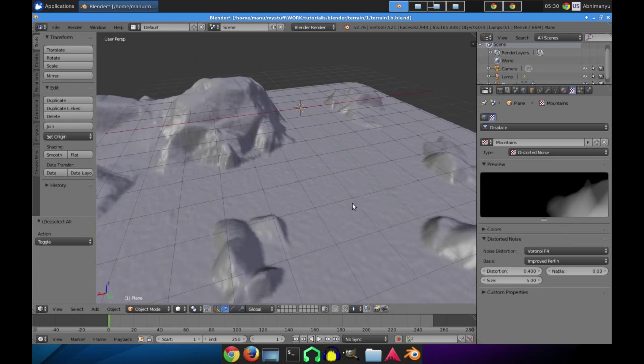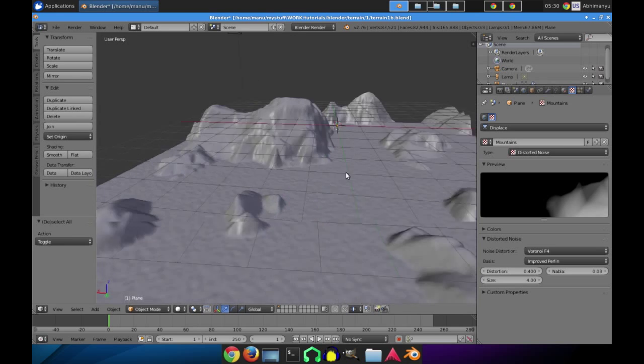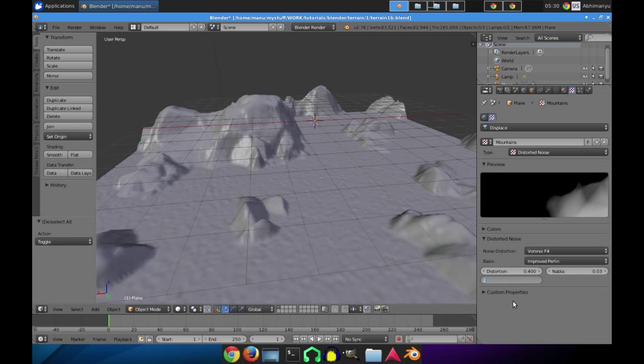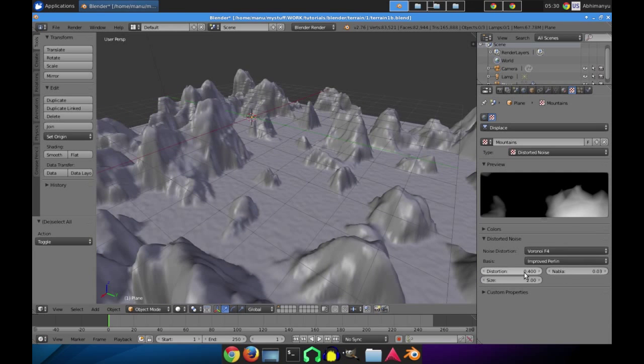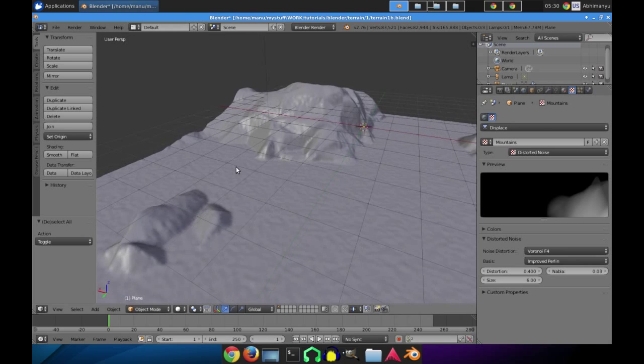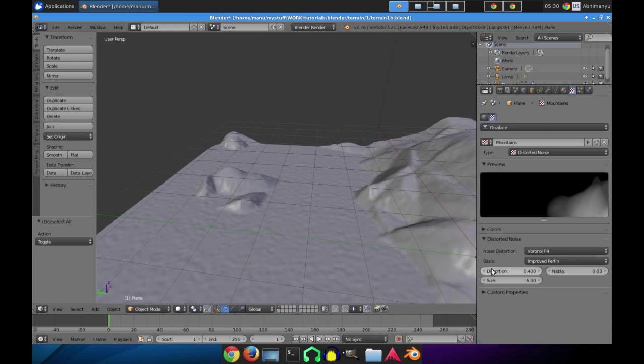See, we have now distorted, and we can decrease the size to 4 to get more. I'm going to go with 6, and we'll get nice big, or I'll go with 5,